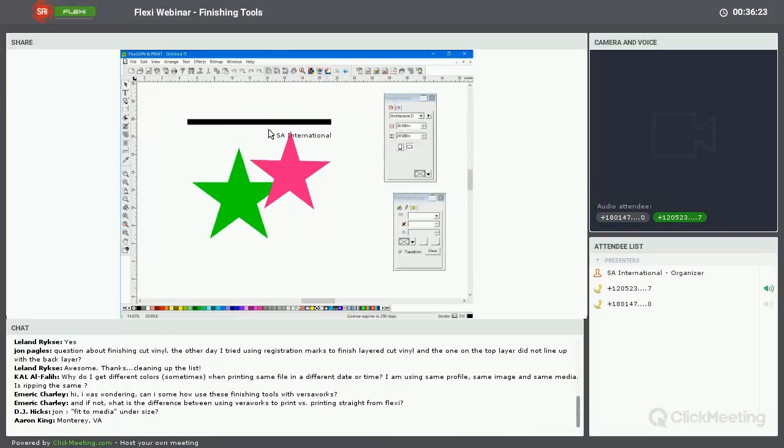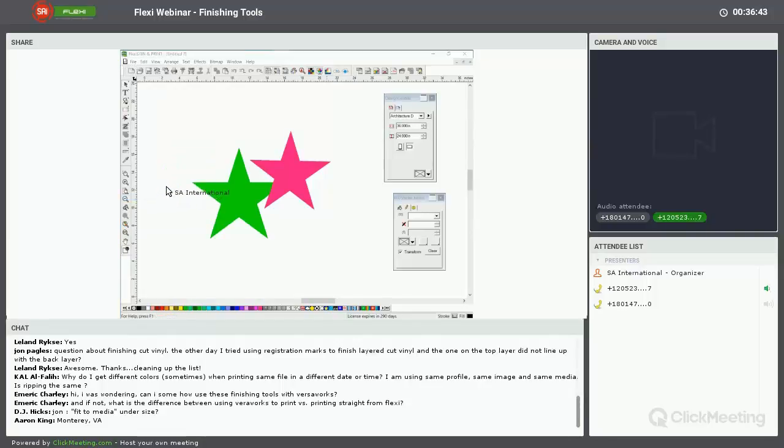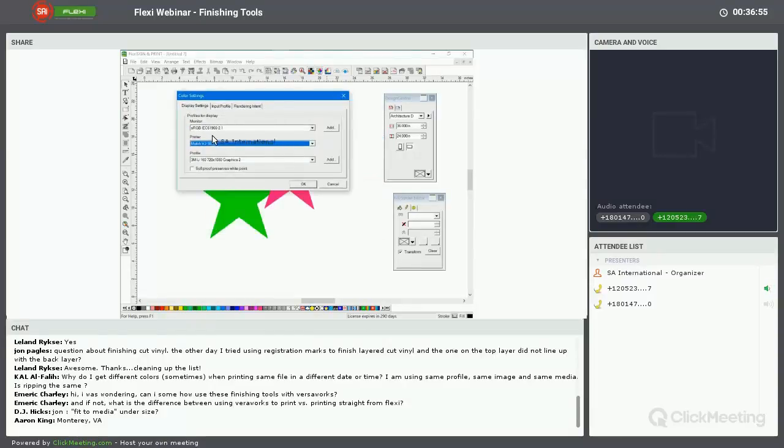What we mean by that is, in this file, for instance, I'll just get rid of that black line. If I go up and click on the very top here, there's a soft proof capability. That's showing me a proof of what's going to print on my device. In the Edit menu, there's a color settings selection that allows you to control the output being done on your machine. For instance, I'll use a Muto as an example. If I'm printing and I have this monitor profile set to sRGB, and I have a Muto, and I'm using 3M IJ160,